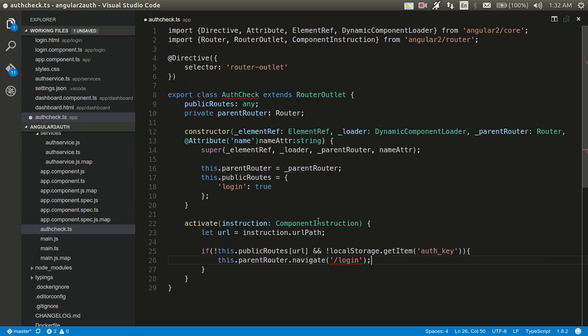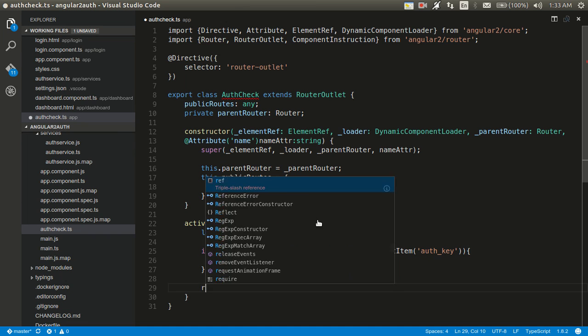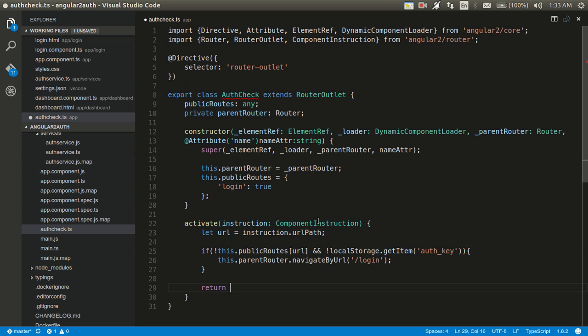Oh, this navigate we should use by URL, otherwise it won't. Okay, this not parent navigate not. Then what we need to do is return from this super.activate